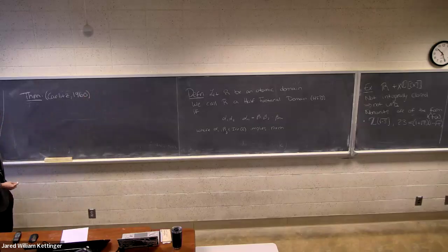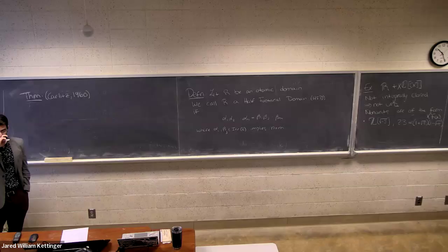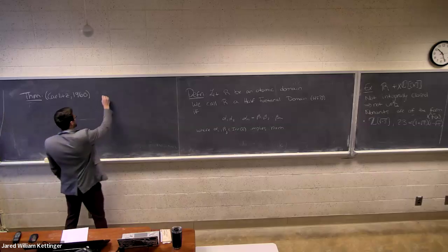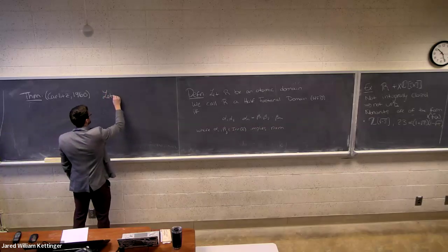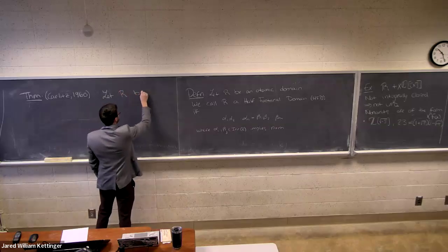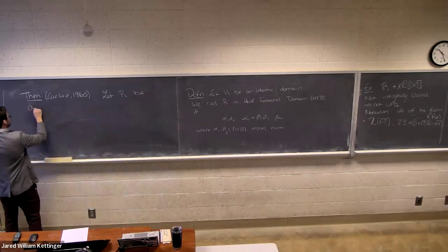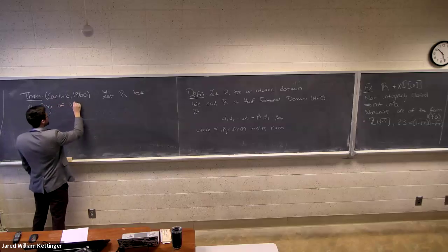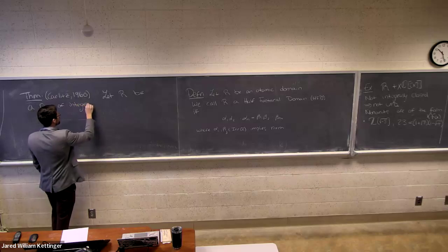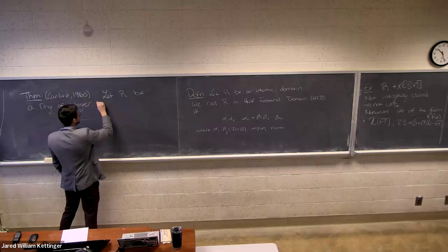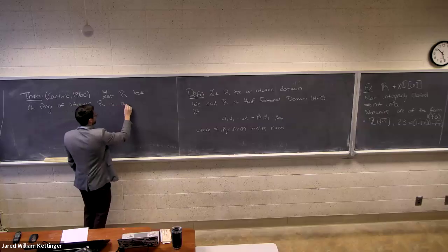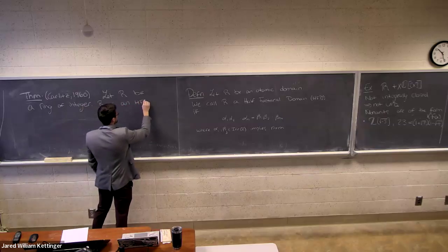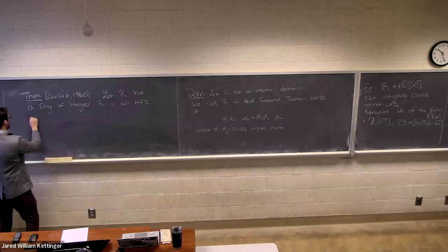True, true. So this is a theorem due to Carlitz from a paper in 1960. This paper is like a page and a half. We're essentially going to do the whole paper here today. But from now on, most of the time, R is going to be a ring of integers. Then R is an HFD if and only if